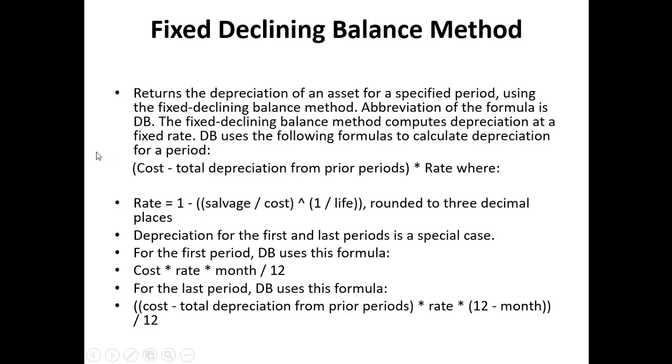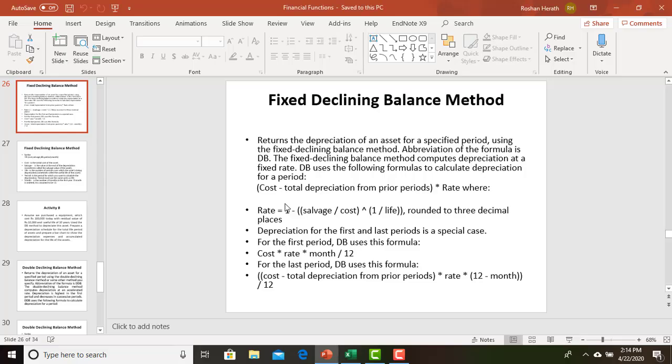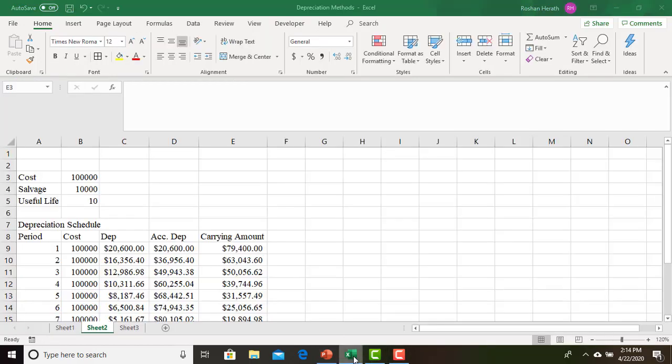It's like 1 minus the salvage divided by cost, to the power 1 divided by the useful life of the asset. So this is how it was technically computed. But here we need not make more sense out of that because it is automatically taken care of. I just wanted to say that that is how it is being depreciated. So in this situation, just to show you how it is being done, if you really need to know about the rate,